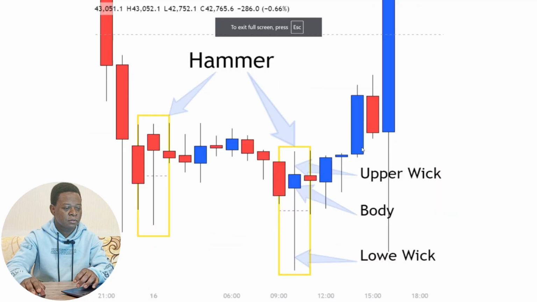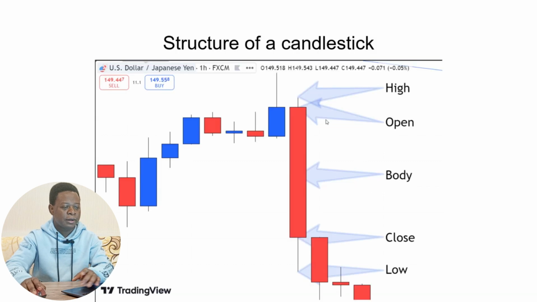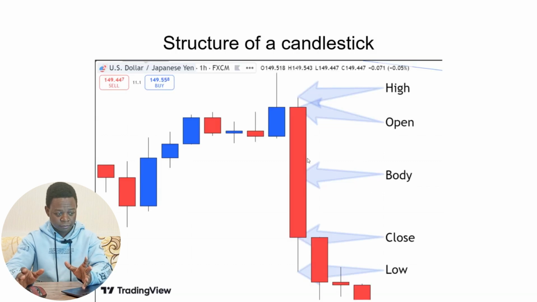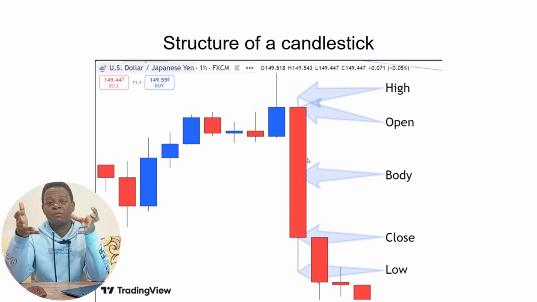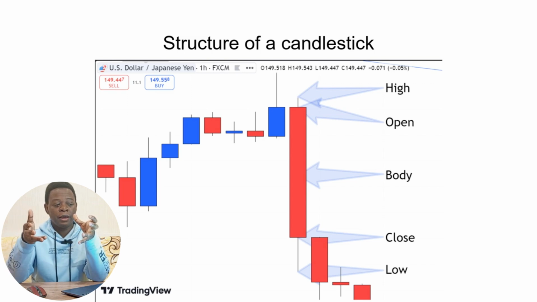Okay, guys. So let's begin. You will find a body. And what is a body? The body is where most of the trading takes place. And literally, if it's a green candle,